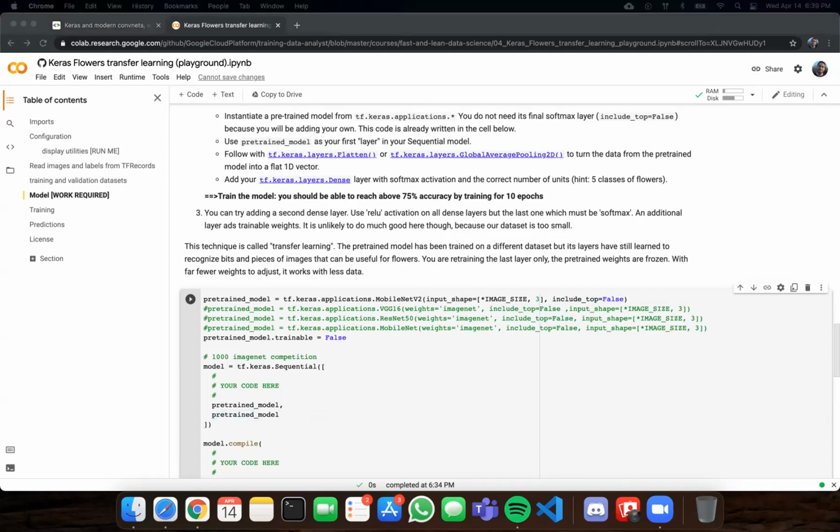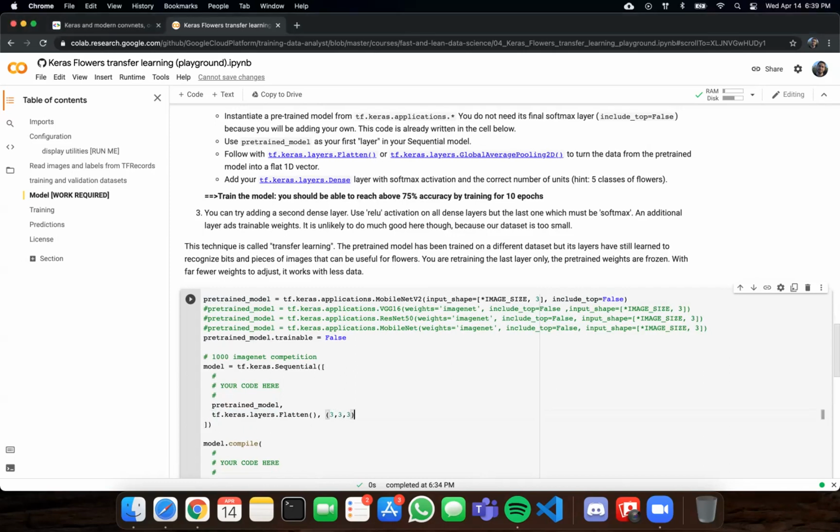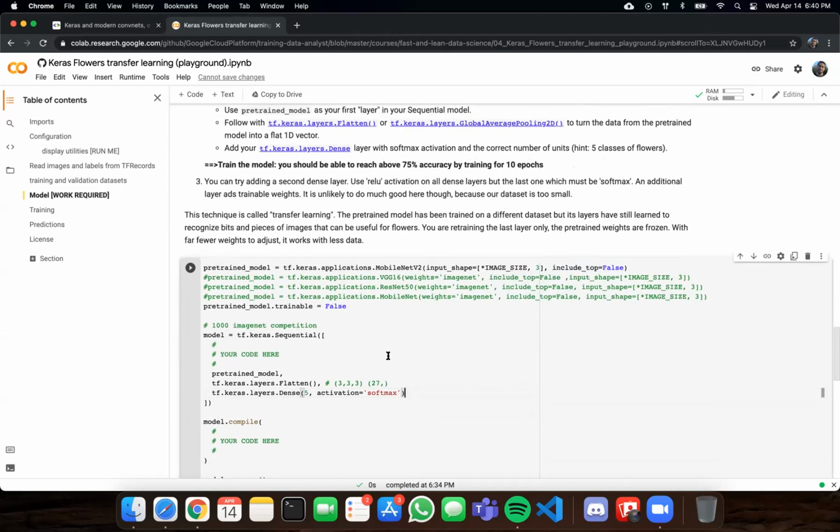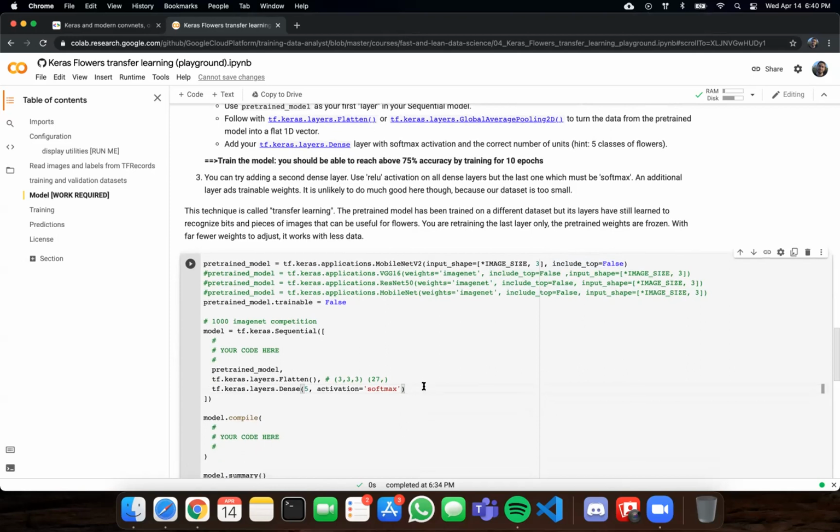Hopefully you've already discovered the flattened layer that we've seen. After the flattened layer, all our data, instead of being 3 times 3 times 3, will be 27, because it's a flattened vector. After that, we want to add our new dense layer, and we add that as a softmax layer. The softmax layer will give us the probability, and then we could use that